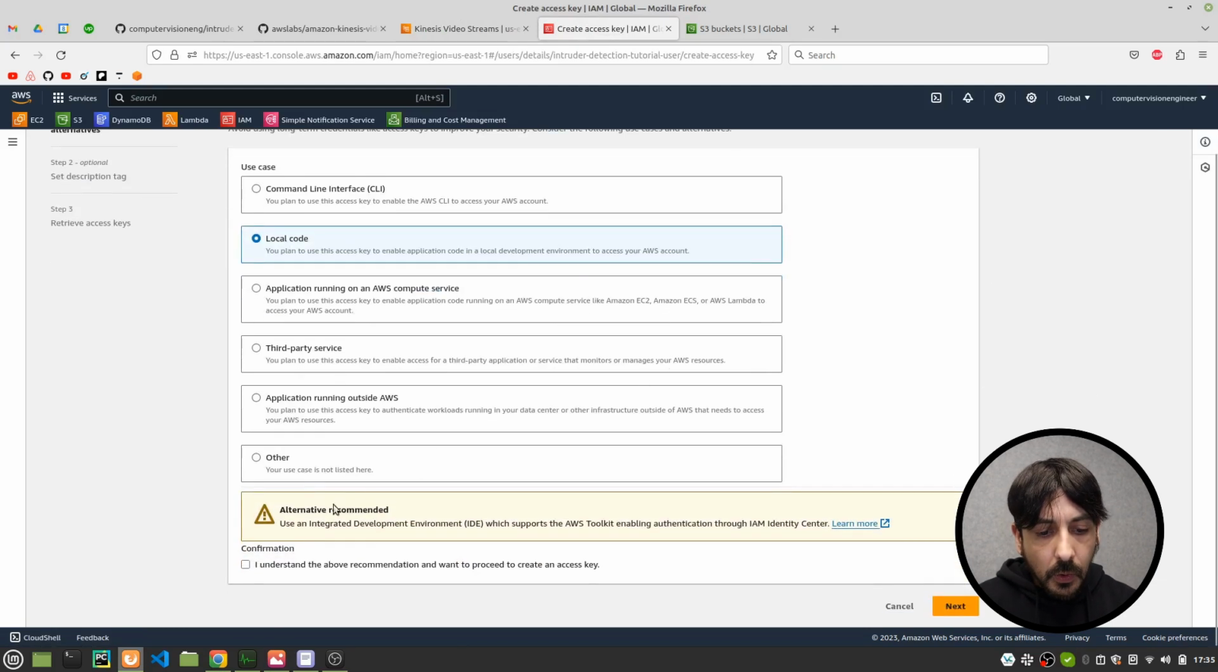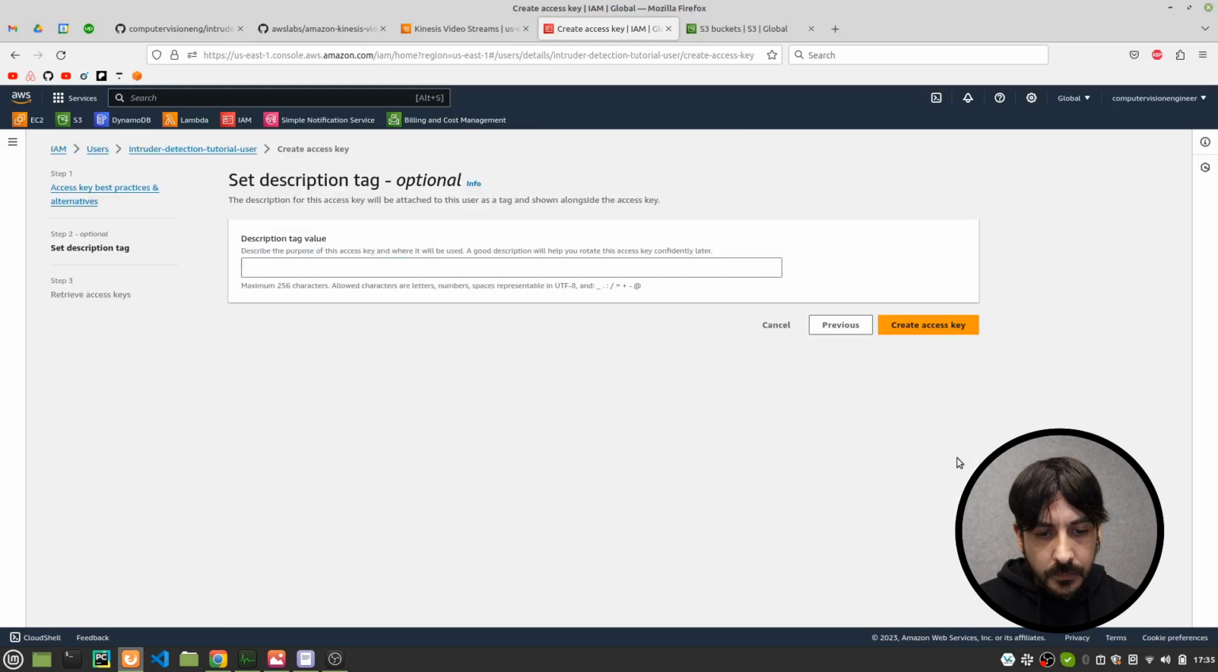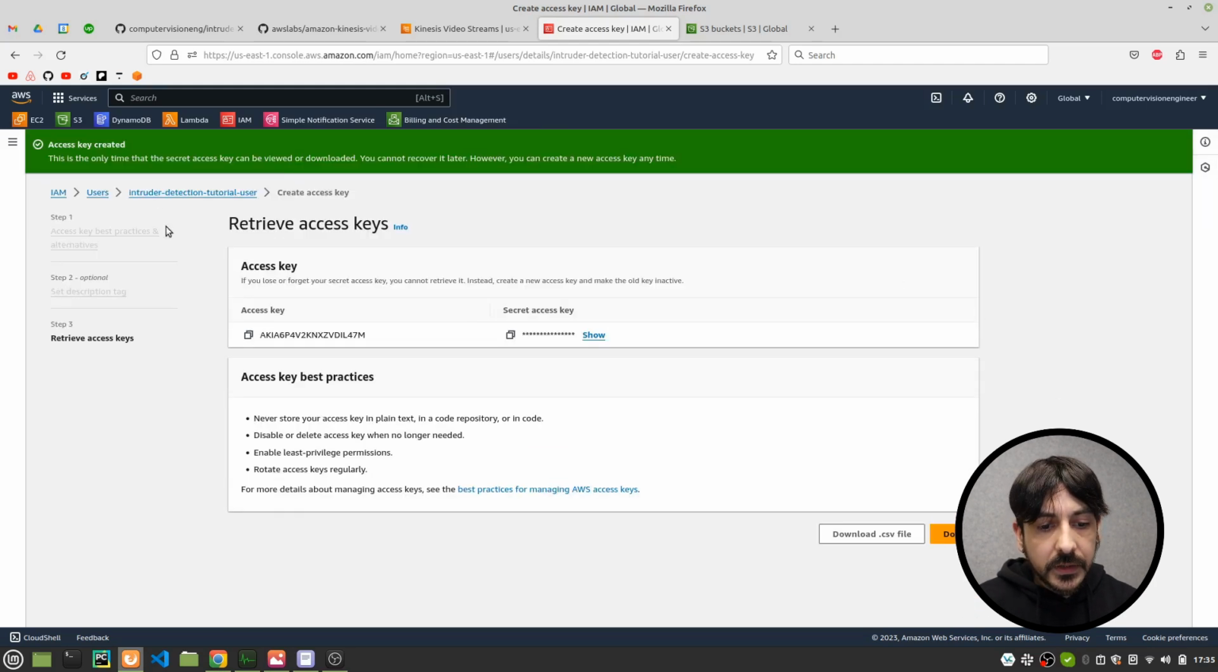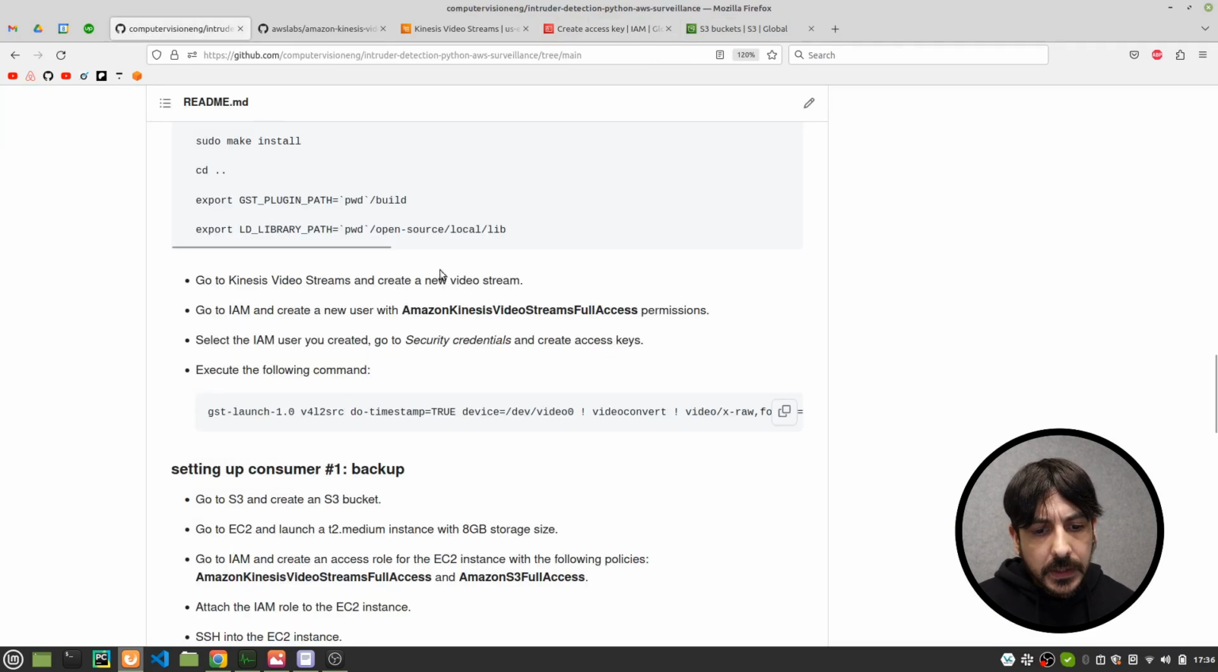We're going to select local code. I understand the above recommendation, and then click on next. Create access key, and these are the access keys we have created, so we can continue. Now let's get back here, and you can see that the next step in this process is executing the following